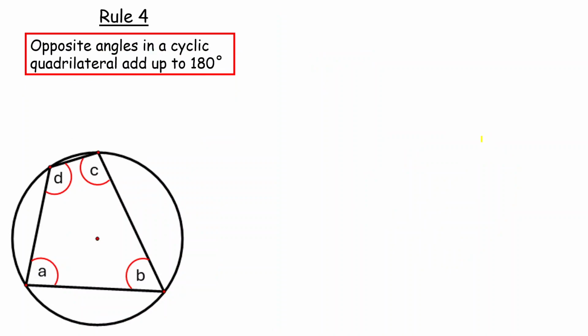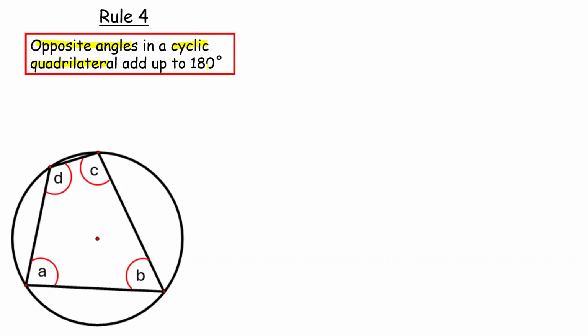Okay, rule number 4, opposite angles in a cyclic quadrilateral add up to 180. What does that even mean? Well, cyclic just means circle. A quadrilateral is a four-sided shape, so we're saying opposite angles in a quadrilateral, a four-sided shape in a circle,